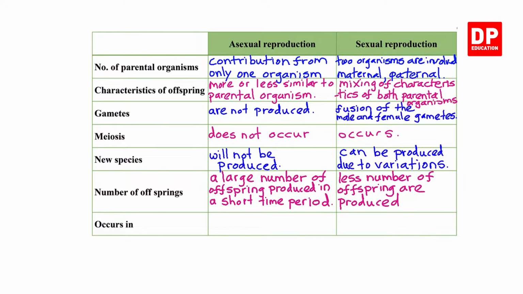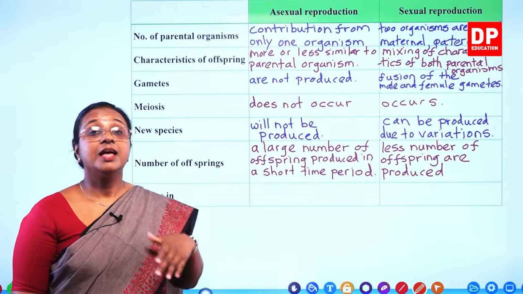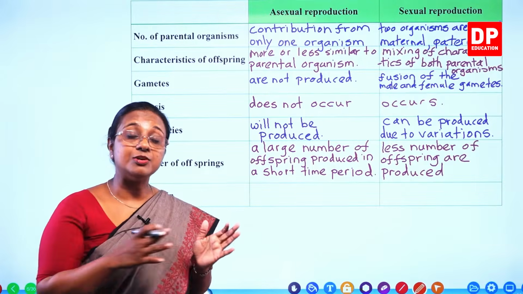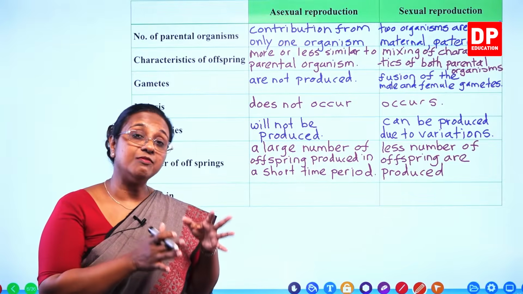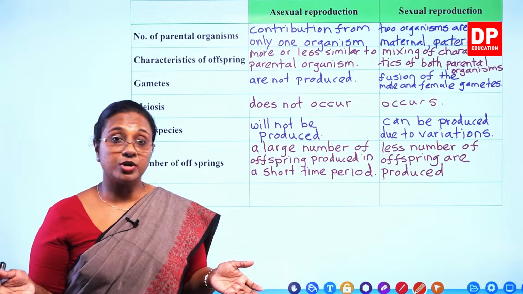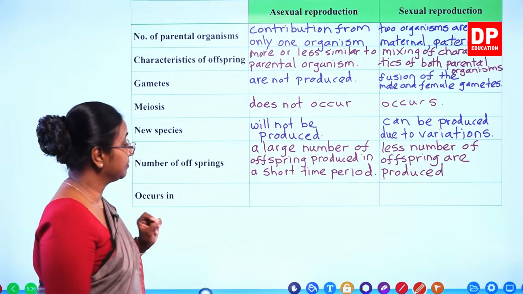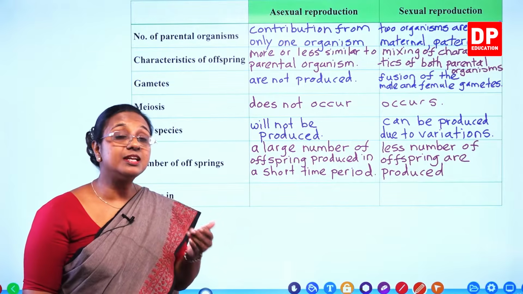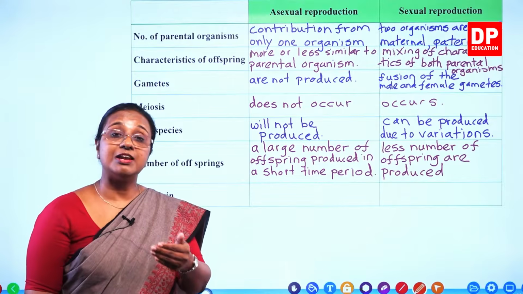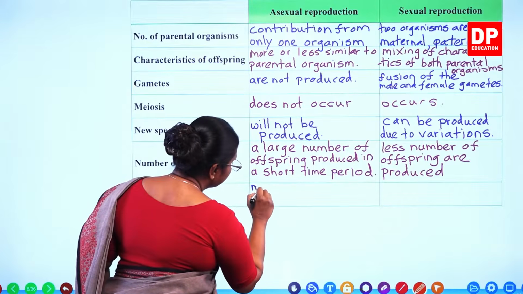Then we have the last difference. In what organisms does asexual reproduction occur? As I have been telling you all, the primitive organisms. When we say primitive in the evolutionary process, the organisms that evolved earlier, which are less developed, are usually known as the primitive organisms. So, asexual reproduction is very common in primitive organisms. But as I told you before, students, vegetative reproduction can be observed in highly developed or evolutionarily developed plants as well. So, asexual reproduction occurs mostly